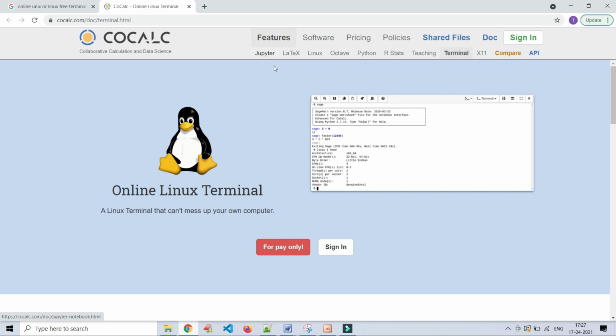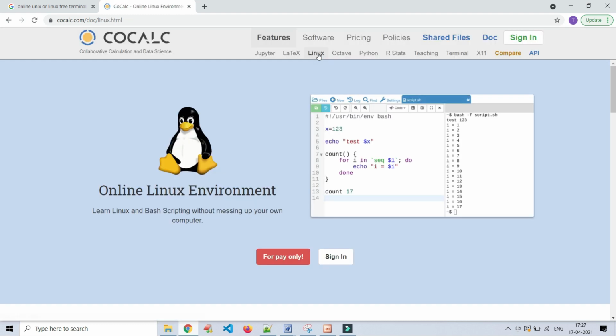In our scenario we are discussing Linux, so click on Linux. Once you click on Linux, it shows the Linux terminal for shell script. Before working on any commands or shell script, as I already told you, we have to register into CoCalc. Just click on sign in.